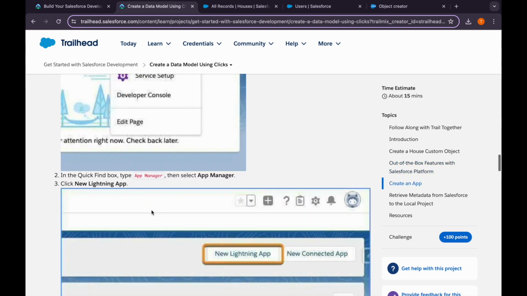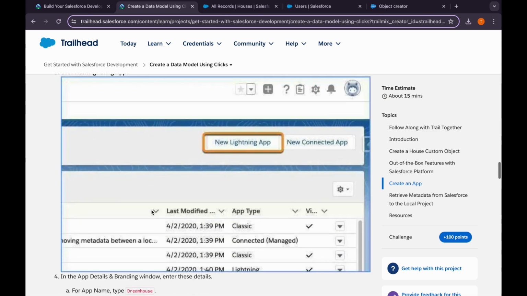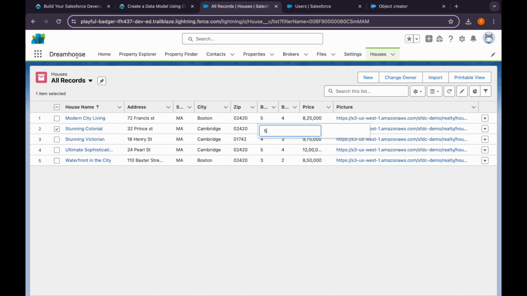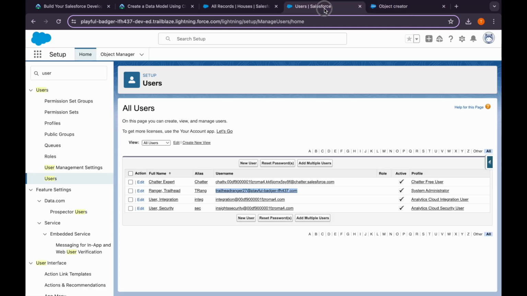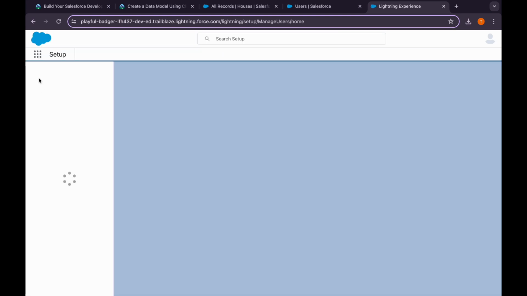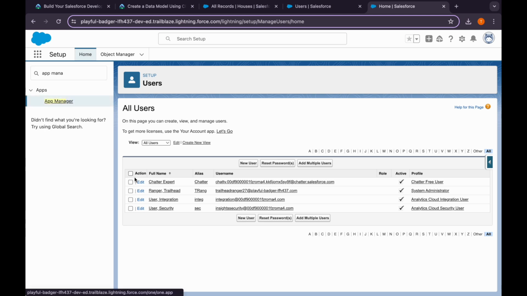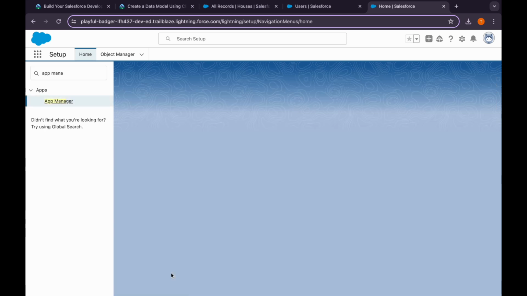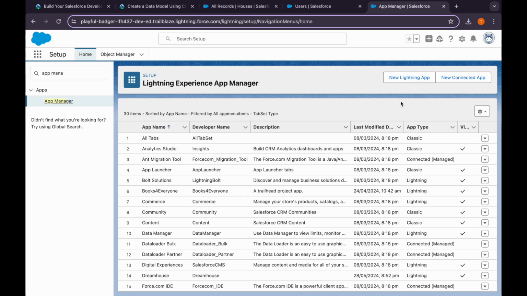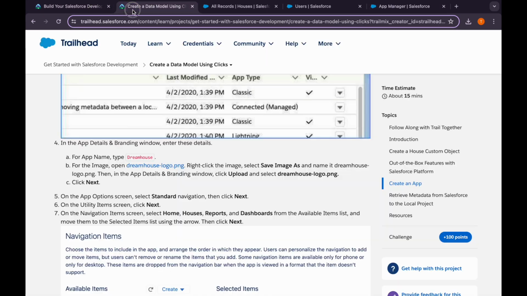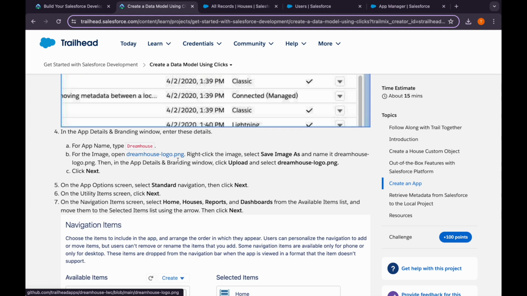Now we'll be creating an app. We are going to set up the app manager, new lightning app, and then we are creating the dreamhouse app. In our org the dreamhouse app already existed, so I'm afraid that it won't work, but let's see. I'll open the setup in a new tab, then app manager, new lightning app, the name is this. Sorry, for image,